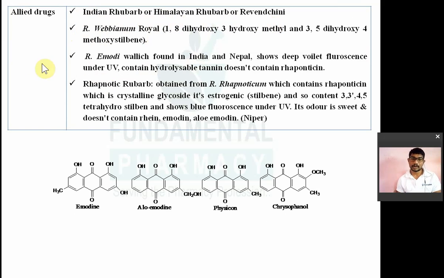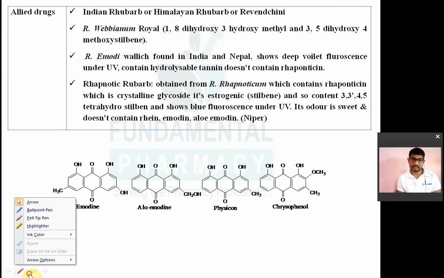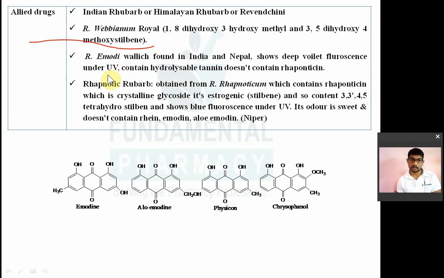Now another drug is known as Rheum webbianum, known as Chinese rhubarb. It consists of 1,8 dihydroxy 3 hydroxy methyl 3,5 dihydroxy methoxy stilbene. Due to this stilbene content, it is estrogenic in nature. Rheum emodi, found in India and Nepal, shows deep violet fluorescence under UV light, and